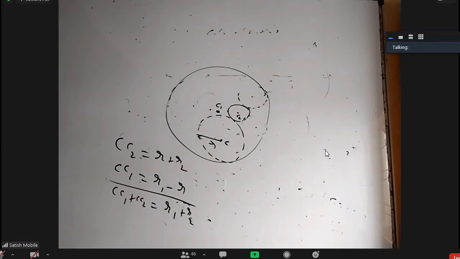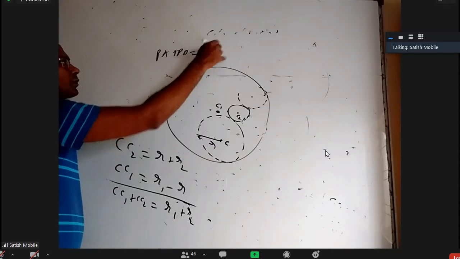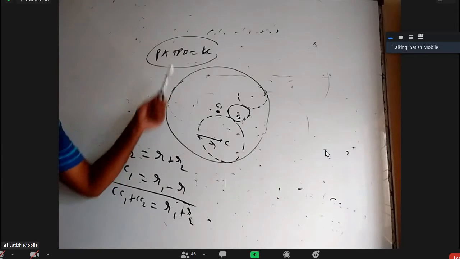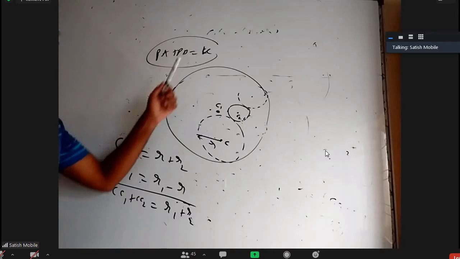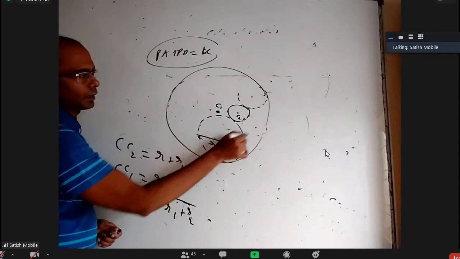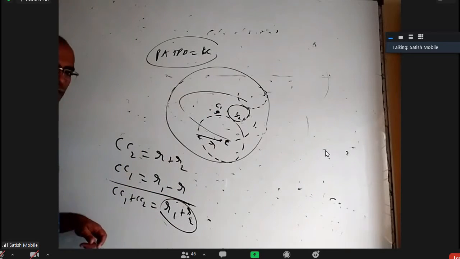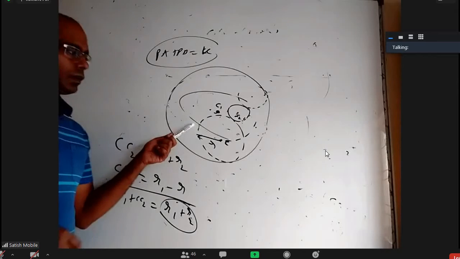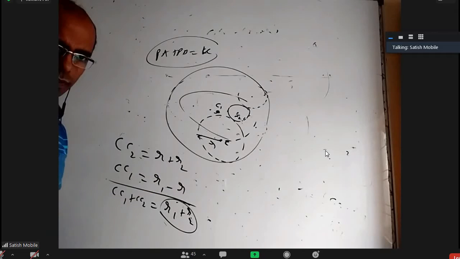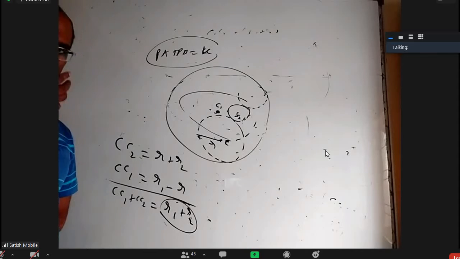All right. So this looks like PA plus PB equal to constant. Whenever PA plus PB is constant, the locus of P is an ellipse with A and B as the foci and K as the length of the major axis. The same way here, the locus is an ellipse, where these two are foci and this R1 plus R2 is the length of the major axis. Is everybody clear how this variable circle center locus is an ellipse? Is it clear? Yes. All right.